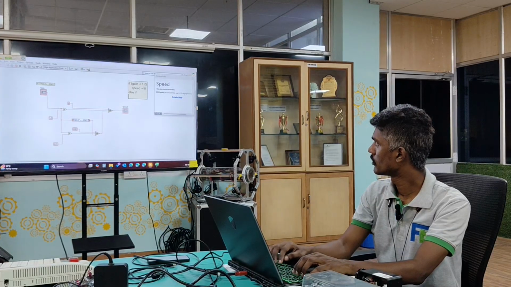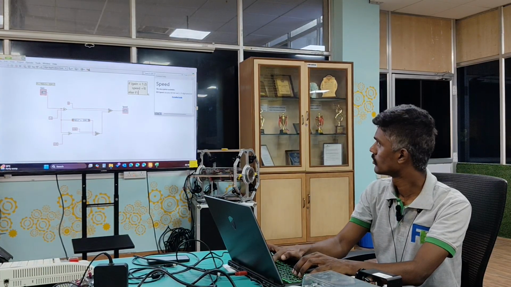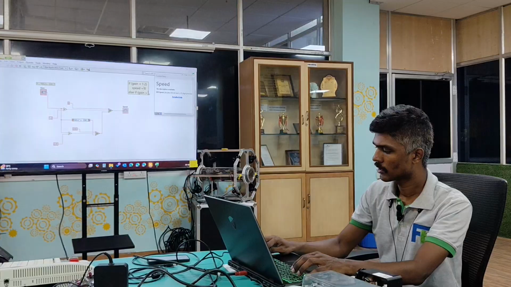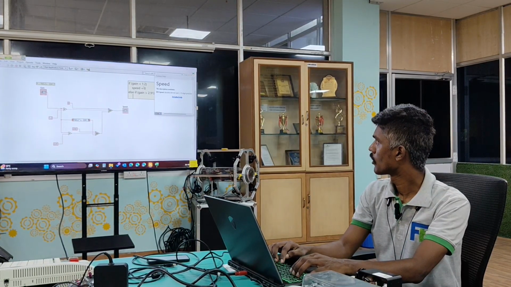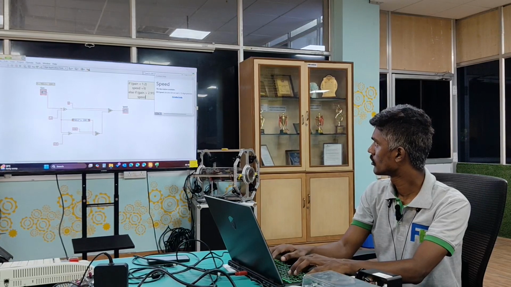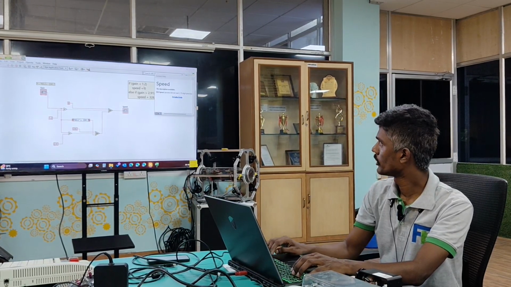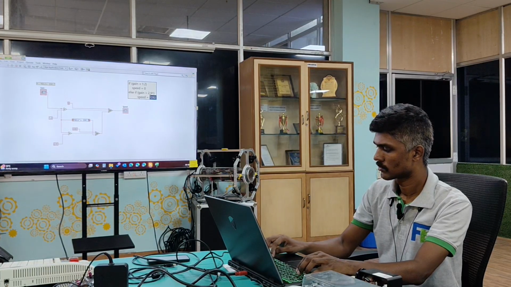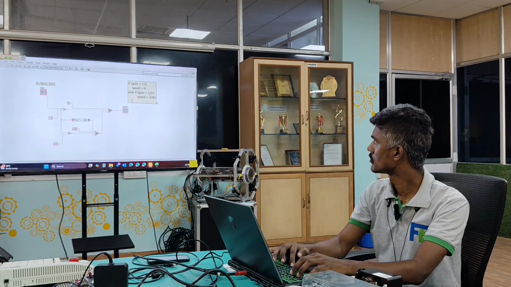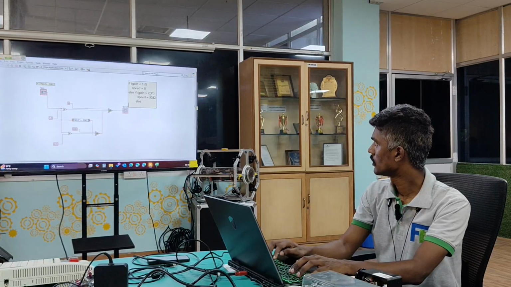Else if gain greater than 2.91, your speed is 3282. Else